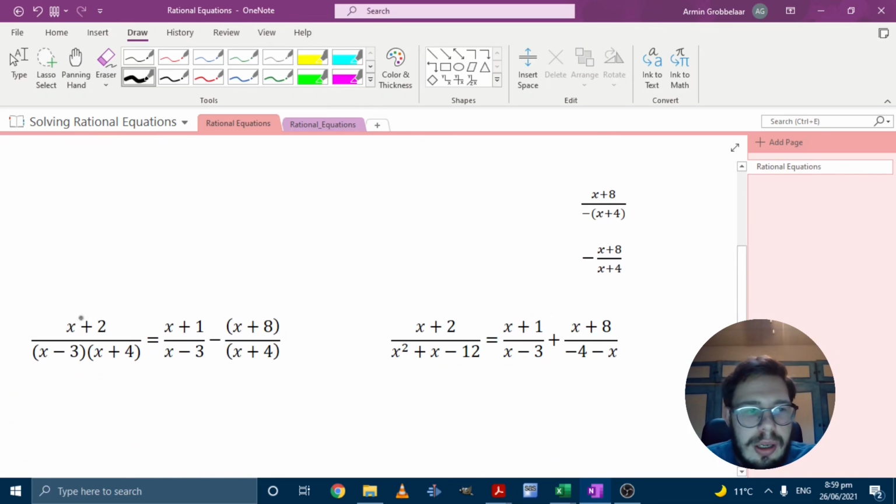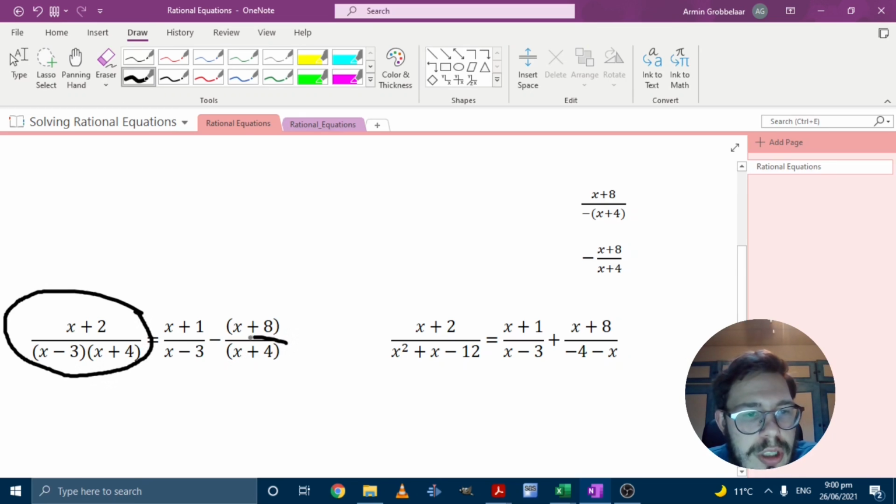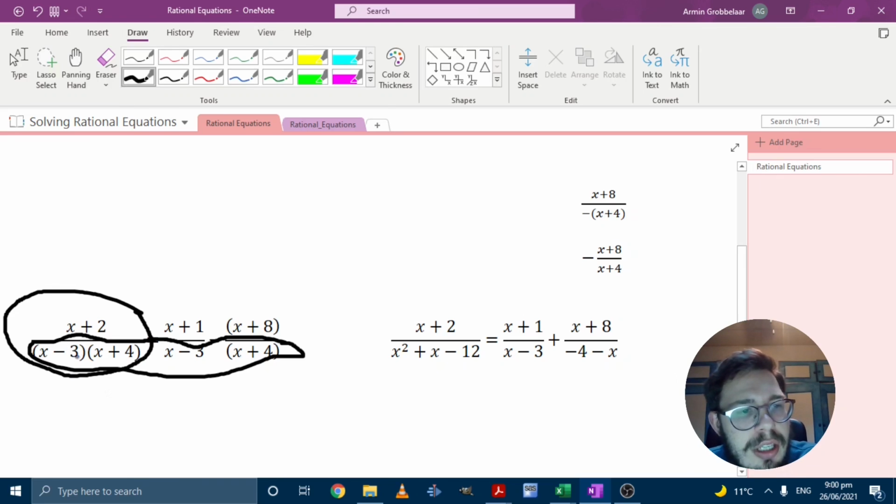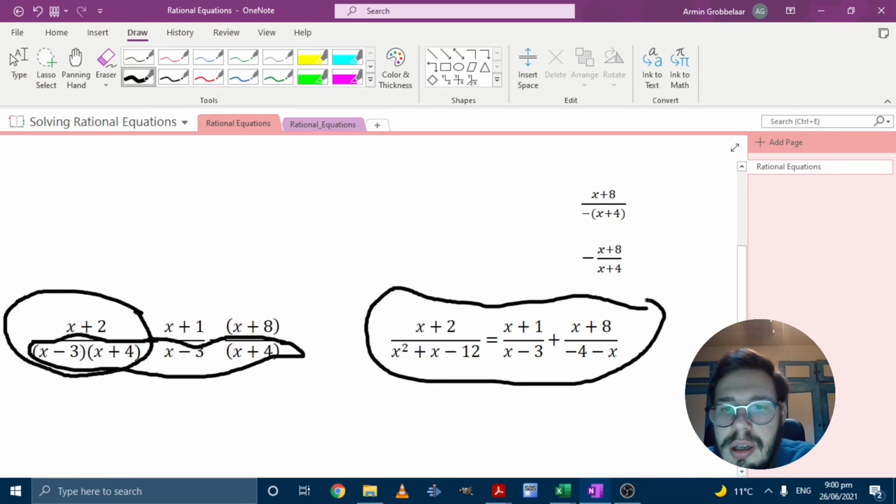So now, in a way, we have to get rid of the denominator so that we can solve this equation. So to do that, we have to multiply each term by the common factor at the bottom. So you get all the terms at the bottom, and then you take the common factor, which you can see in this case is x minus 3, x plus 4. So we multiply each term here by x minus 3 and x plus 4. What they can do is they can give you the equation like this, and then if you put in x minus 3 and x plus 4, you can see actually it looks like the common denominator is x minus 3,